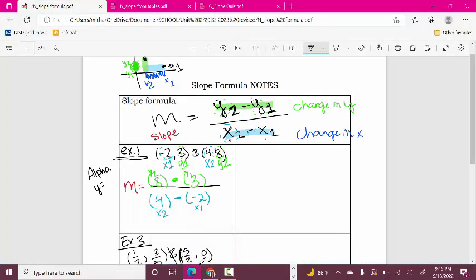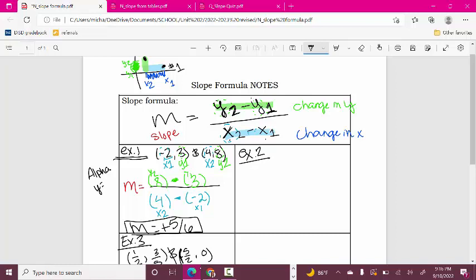So the slope in our example 1 is positive 5 over 6. This tells me that on the graph, anytime we go from one point to the next, we're going up 5 times and then over 6 times. Whoops, I was trying to erase that. Try to erase it again. There we go. Okay, looking at a second example,